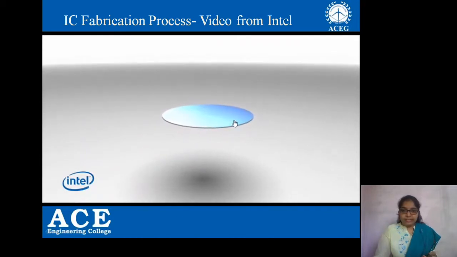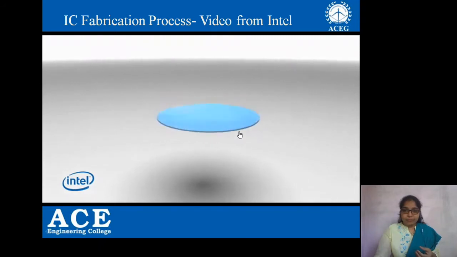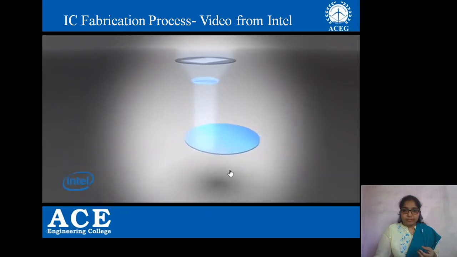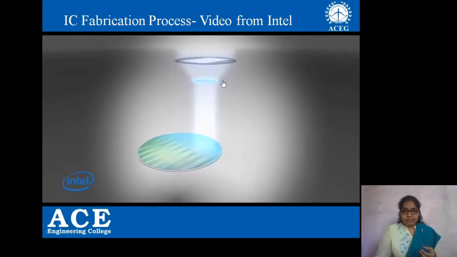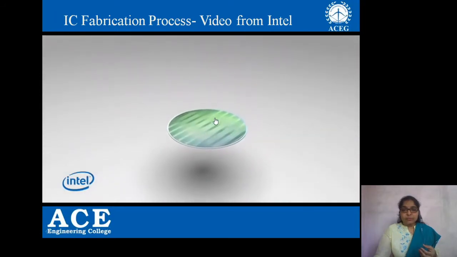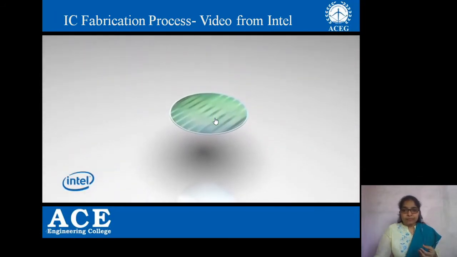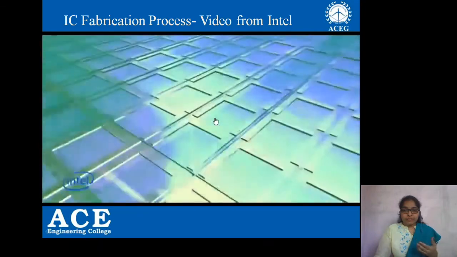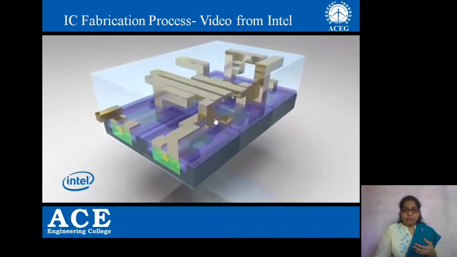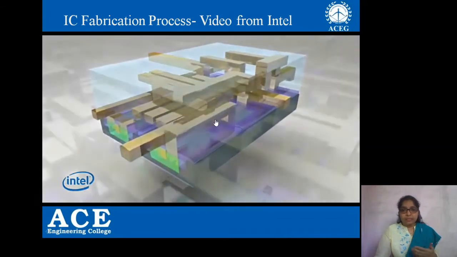So here it is a single wafer. Here you can observe the wafer processing. All the layers are put onto the wafer. After that, we have photolithography. This is the photolithography process. Through the mask and the lens, we expose the wafer to UV light. After the wafer processing is done, see, this is how all the layers are grown on the silicon wafer.